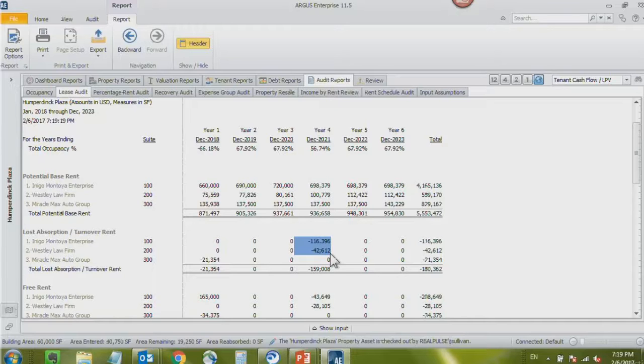So I encourage you, we're looking at the lease audit now. I encourage you to use this report, especially when we get to the end today. You'll be working on another case study. This lease audit report,